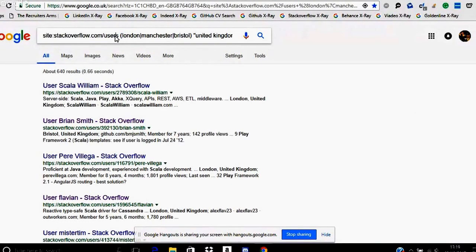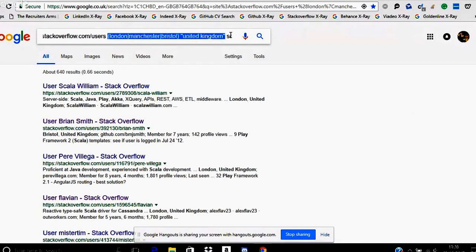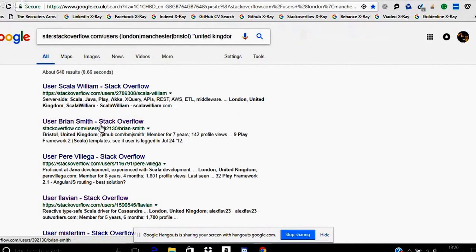stackoverflow.com/users. We put users in because we only want to find the users. We don't want to find the repositories, all that sort of stuff. We then put in our locations, so London, Manchester, Bristol, United Kingdom. Then my search, Scala, Cassandra, Play, Akka. Same sort of searches building up again. And what you'll do is,